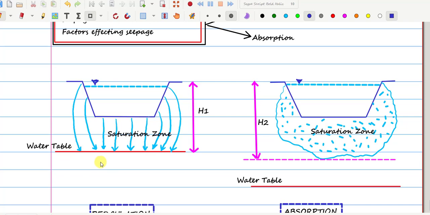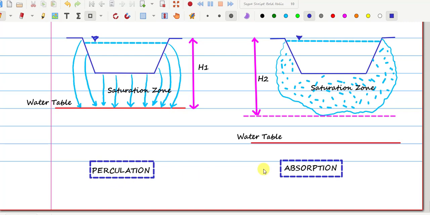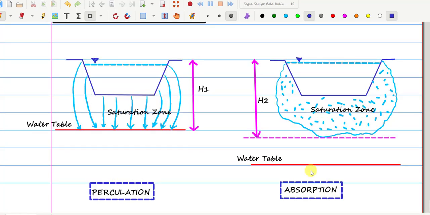As you can see, there are two images. This is a cross section of a canal and this is a cross section of a second canal. The first canal shows the percolation process, the second canal shows the absorption. When it comes to percolation, the basic definition is this: this is the water table level. When the distance between your water table and the bottom of your canal is less, then after seepage